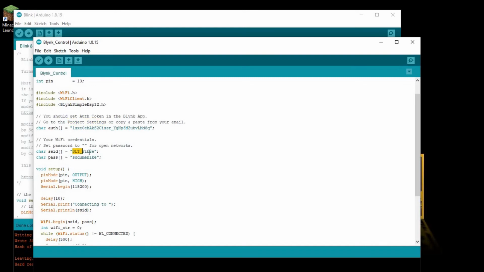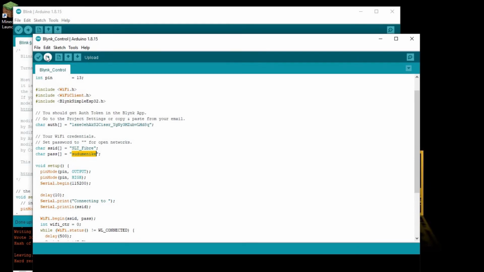Then insert your home Wi-Fi network name and password here. That's all. You are done. You can compile and upload the program to your ESP32 board.